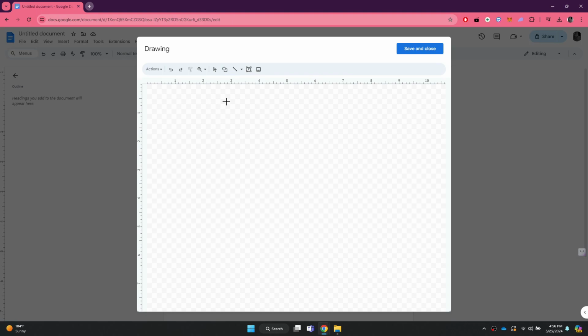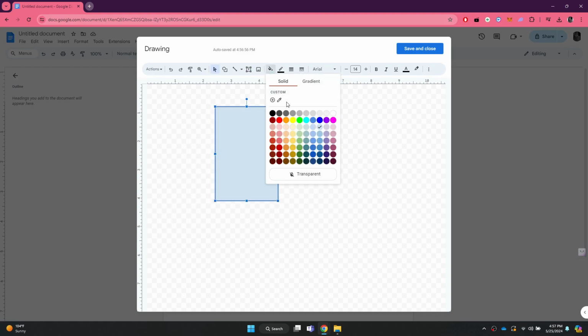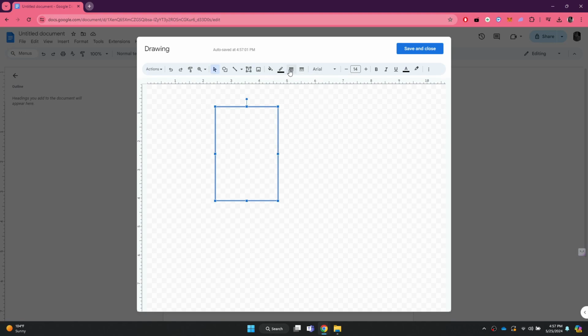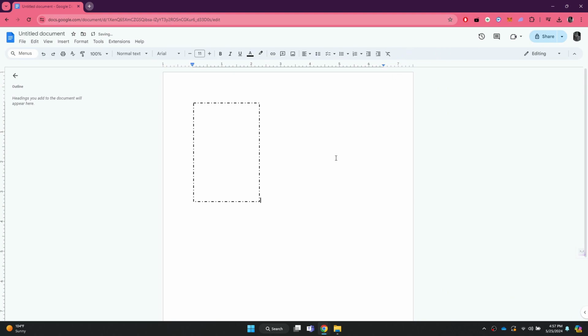After that, draw a decent-sized rectangle and also change the fill color to your liking. I'm going to make it transparent, then change the color of stroke and set the thickness to 2 points. Once you are done, click on the Save and Close button at top right corner and the rectangle will be